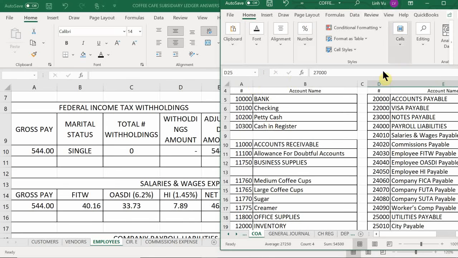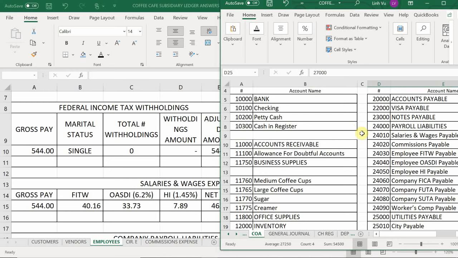So, where is that? In the chart of accounts? Yeah, I'm looking at it, but I don't see it. Let's see here. Under liabilities. Oh, okay. I see. Thank you. Okay, so